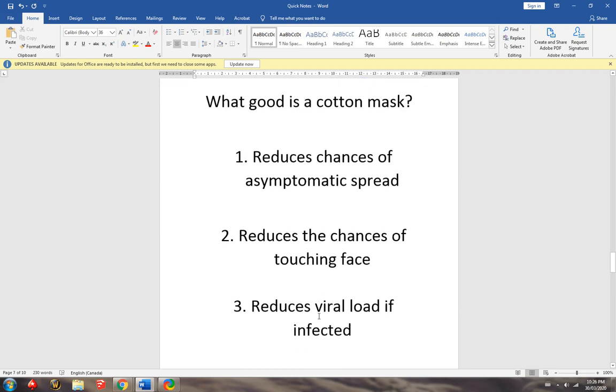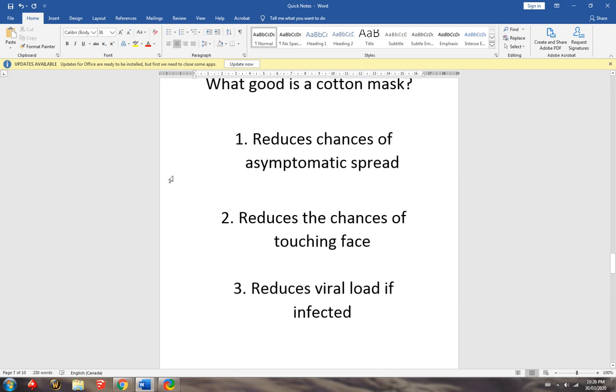What good is a cotton mask? Number one, it's going to reduce the chances of asymptomatic spread. The way that this spreads is through our coughs and our sneezes. If we have a piece of cloth, no matter what that piece of cloth is, in front of our face when we cough or we sneeze, we're going to trap the bulk of that cough or sneeze in the cloth. Simple logic. Some might get out, that's true, but less will get out than if we never had it there in the first place. If we have multiples of these things in our pockets, we remove the one that we just sneezed into. We put it in a pocket or whatever to be washed later because these are cotton, they're washable. We put on a new one.